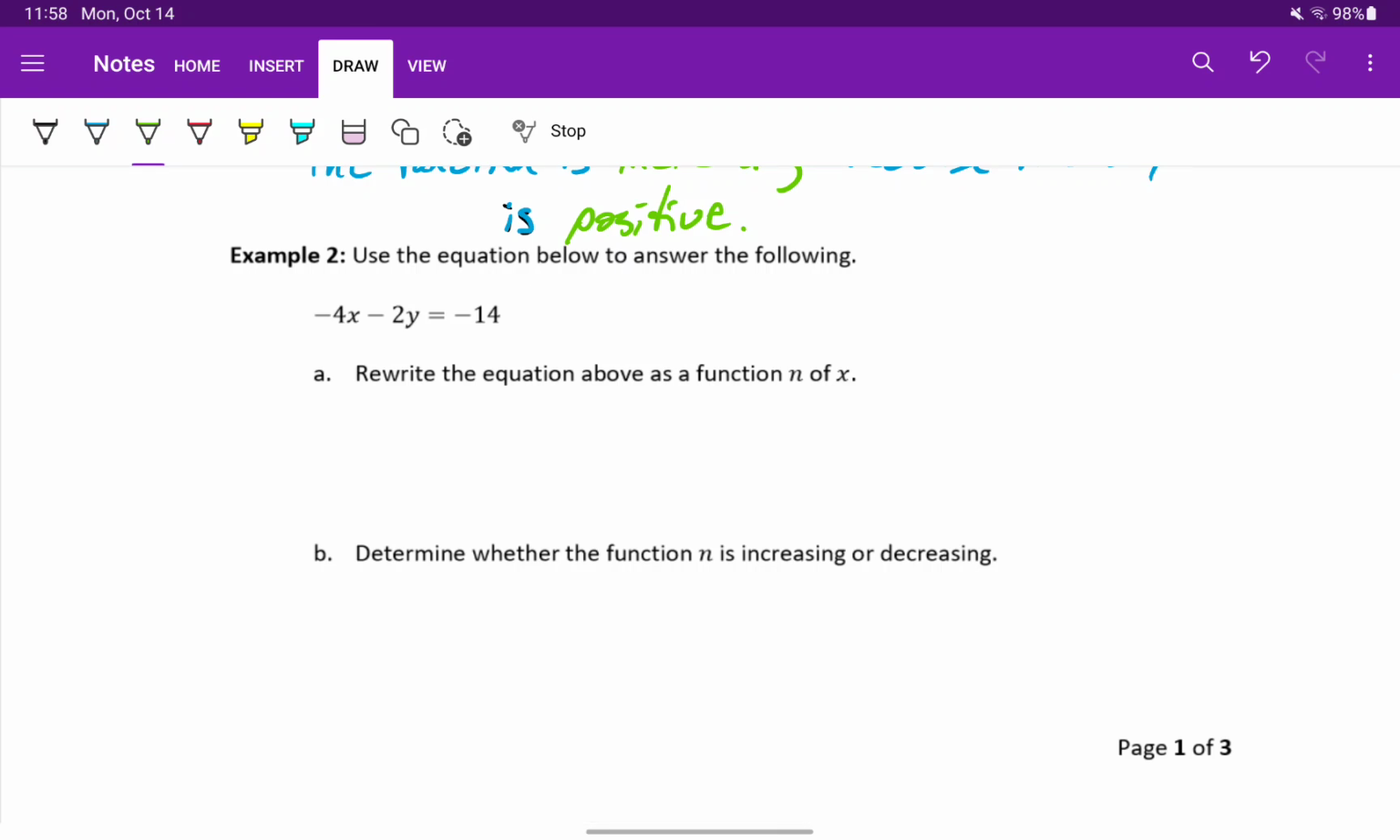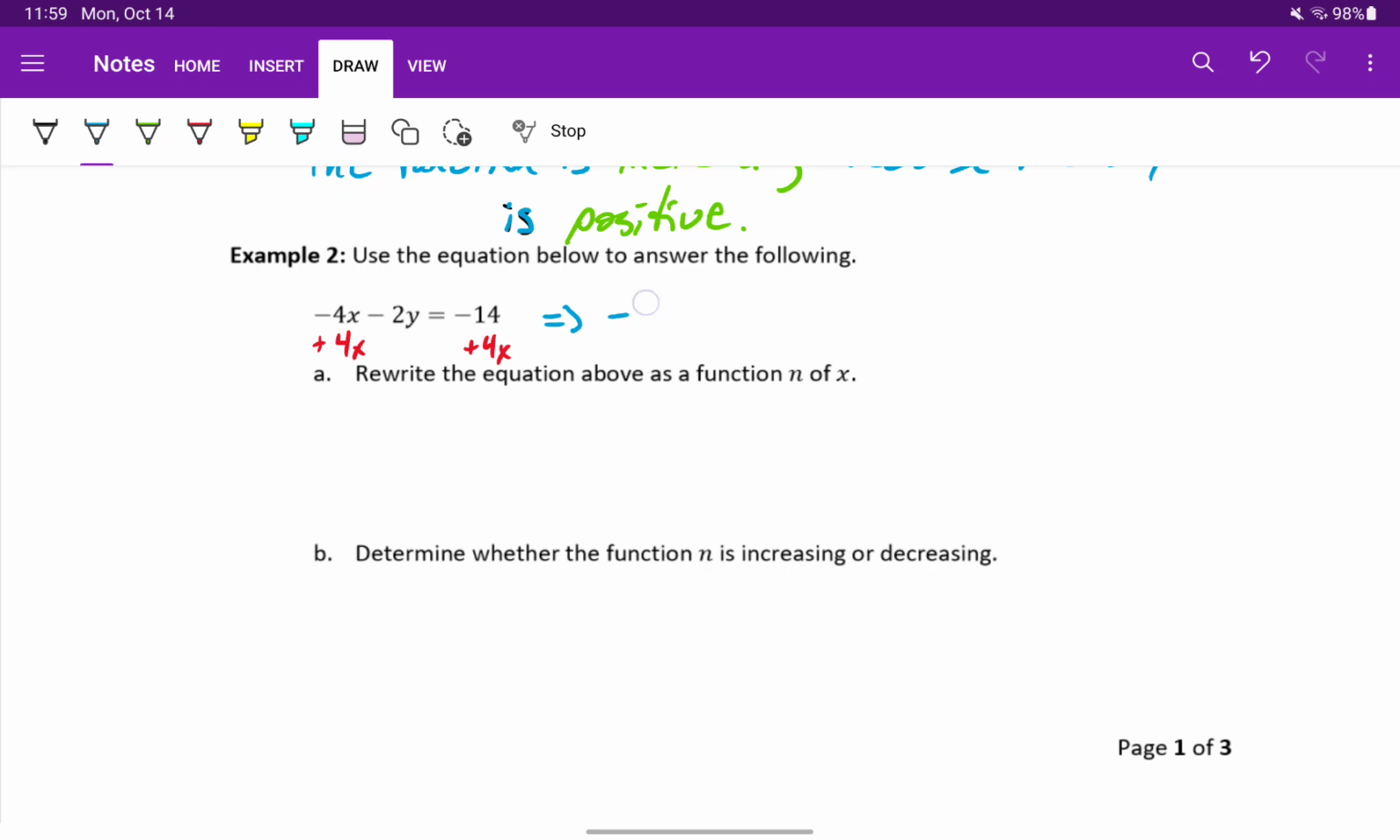In example 2, we want to do essentially the same thing, but we're starting off with a slightly different scenario. In example 1, our equation was already in slope-intercept form. Now we have a linear equation written in standard form, meaning the first thing we have to do is solve this equation for y. To do that, we'll add 4x to both sides,